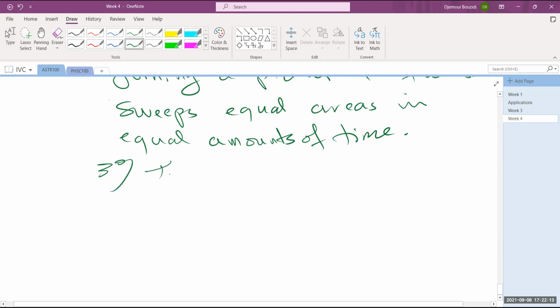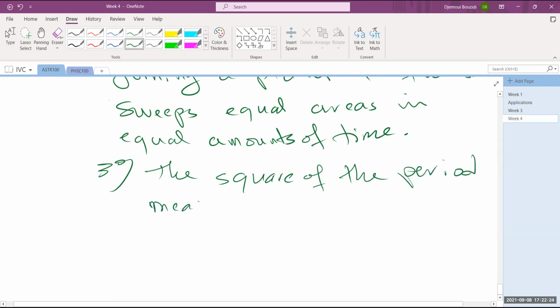Law number three, basically it says that the square of the period measured in, I'm going to write this in capitals because it's important to note this, so it's measured in years, not in seconds, because typically we measure time in seconds. Since period is a time, we're tempted to put it in seconds. If you put it in seconds, there is a constant number that you have to put. So it's not the same thing in here. So it's measured in years, is equal